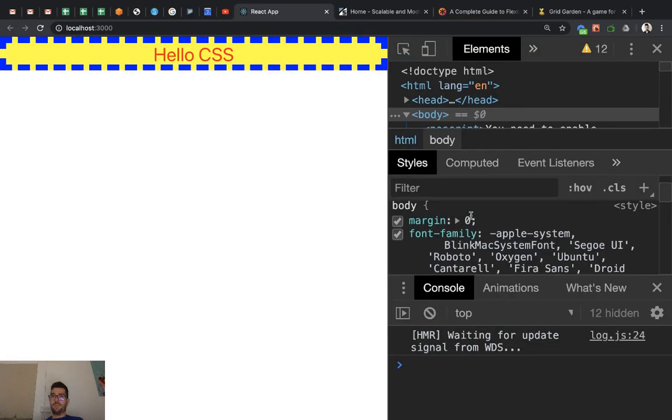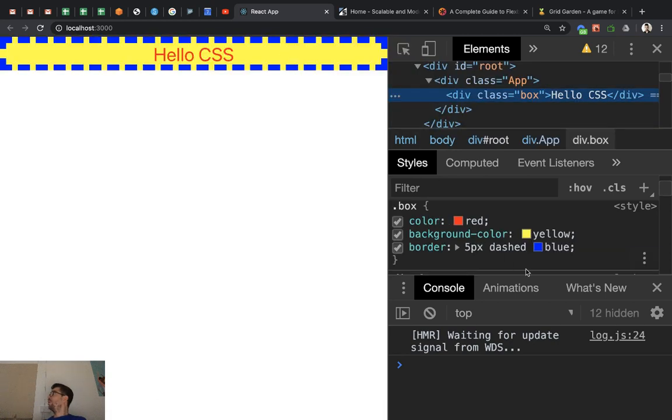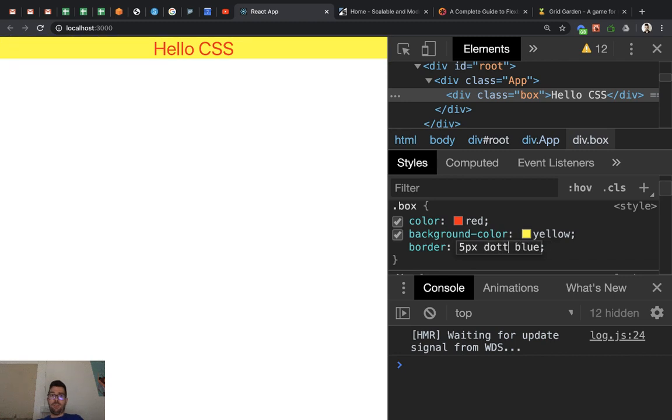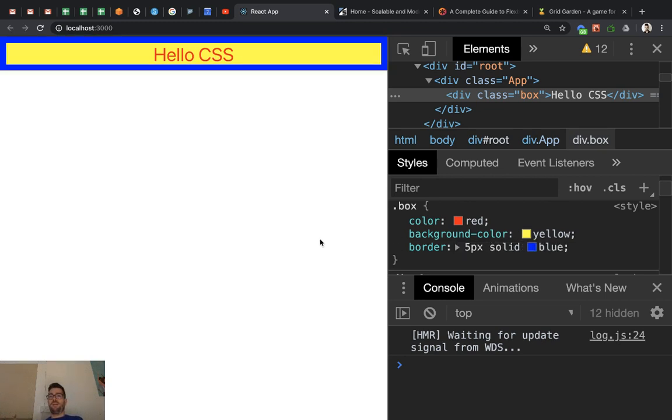I'll show you. If you select the box, you can quickly play with different options. Dotted,